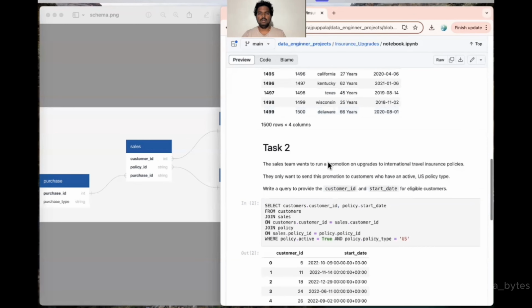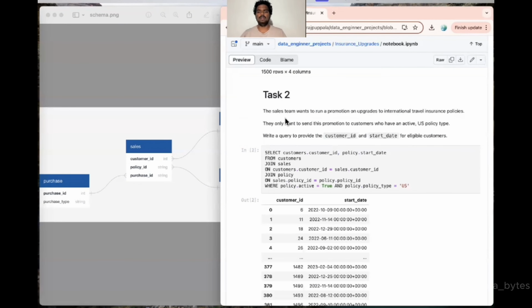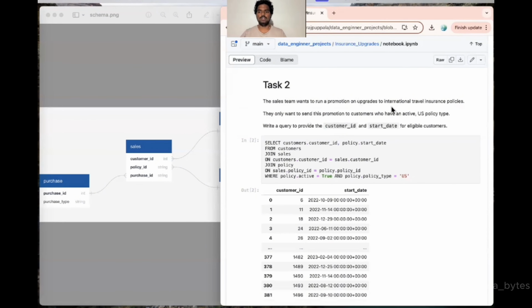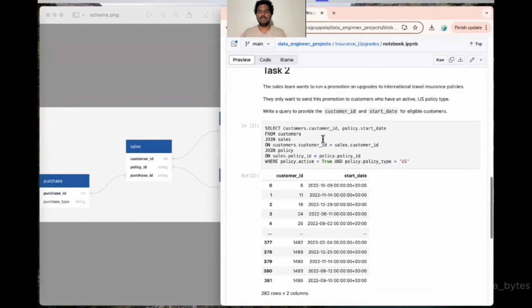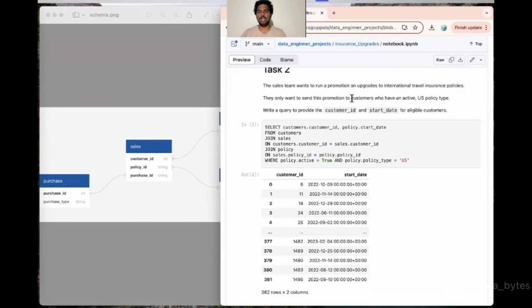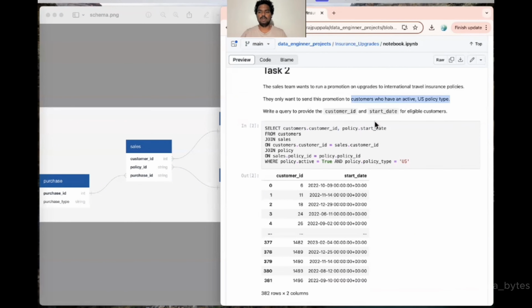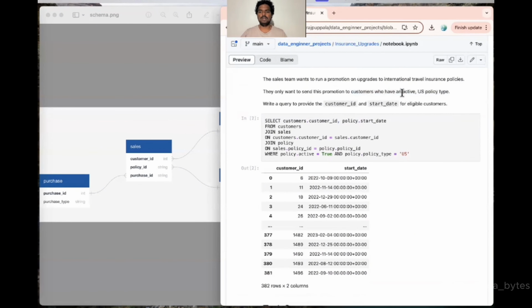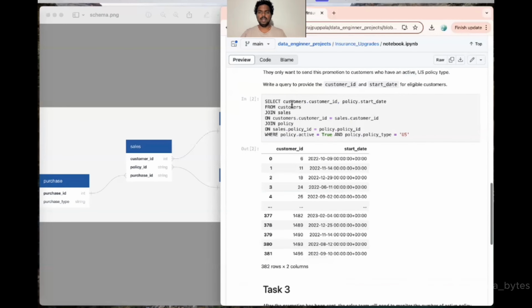Now moving on to the second task. In this task, the sales team wants to run a promotion on the upgrades to the international travel insurance policies. They want to make sure they run the promotion only on the customers who have an active US policy type. So we need to query for the policy holders who have an active status and are within the US. For that, I have